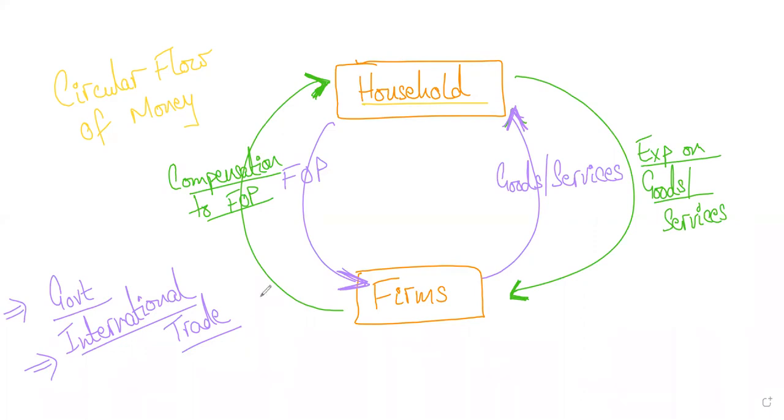Now think about this. What is the main role of the government? Does the government take away the money, or does the government provide the money? We are talking about circular flow of income, so obviously we're looking at things from a money perspective. My question to you is, if you think of the government in any country, what's its main role? Is the government providing money to these sectors, or is the government taking the money? It's doing both.